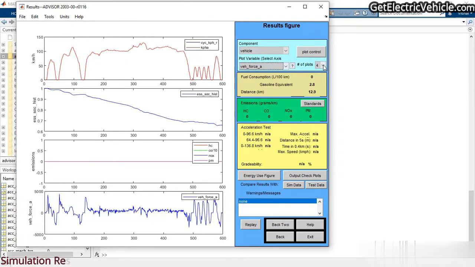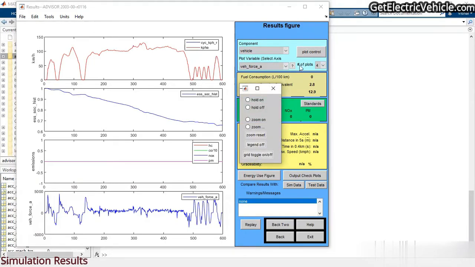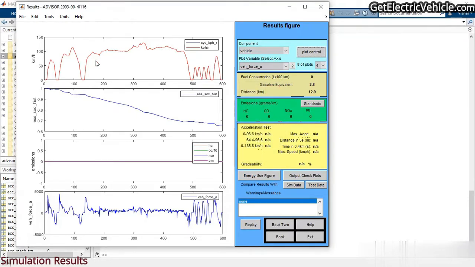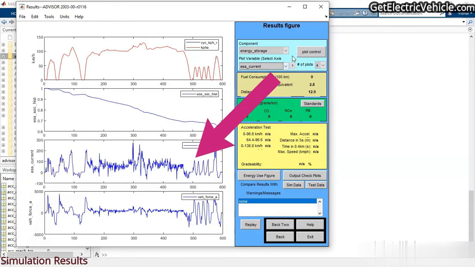If you want to plot a parameter on another plot, first you have to select the plot, then choose the parameter to be plotted there. Here in this case I have selected the energy storage device current, that is the current from the battery.